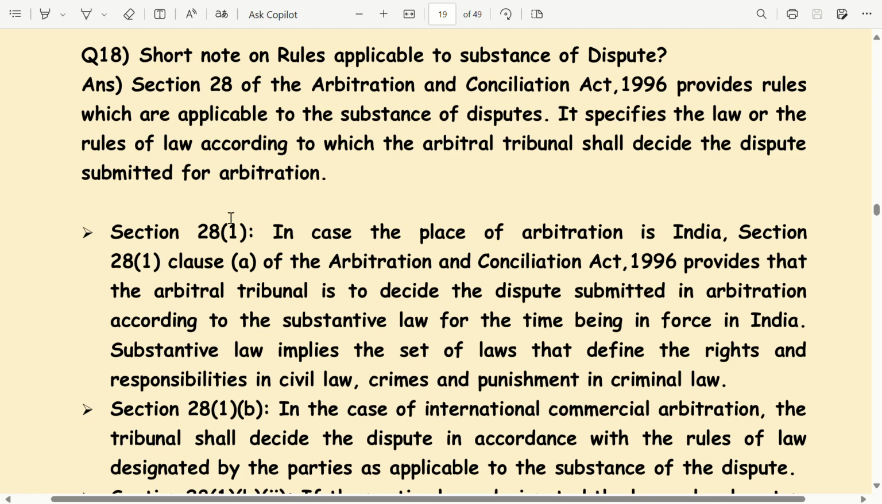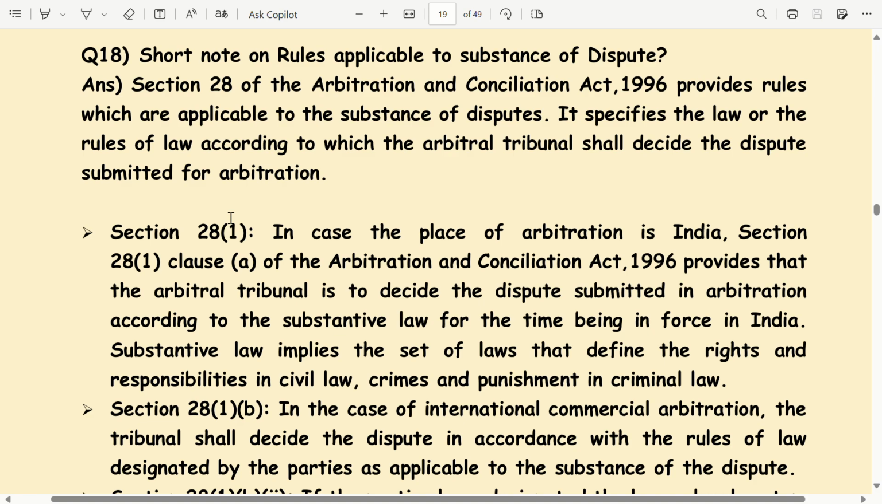Write a short note on rules applicable to substance of dispute. Section 28 of the Arbitration and Conciliation Act 1996 provides rules which are applicable to the substance of disputes. It specifies the law or the rules of law according to which the arbitral tribunal shall decide the disputes submitted